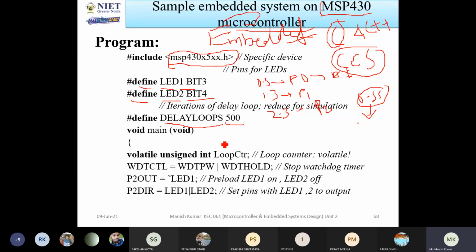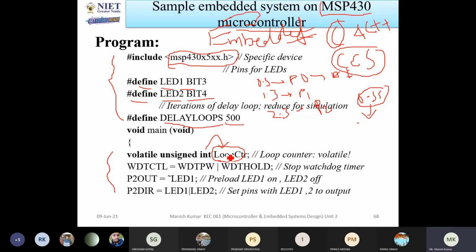Now come to the next part. This is for the initialization and including the header file. With the help of the above criteria, you define the bit and the port you are going to connect, the delay you are providing, and whether you have included the header file or not. Now this is the main program. For the main program, I have used one variable called loopCTR. loopCTR is a variable and it is an integer.